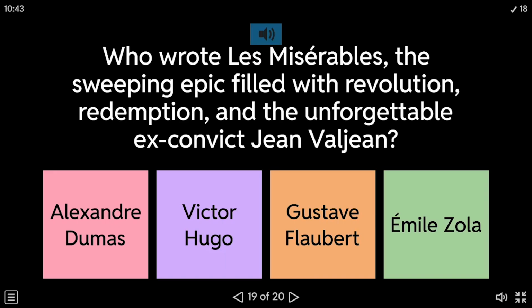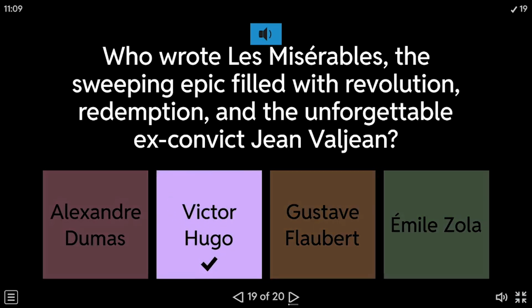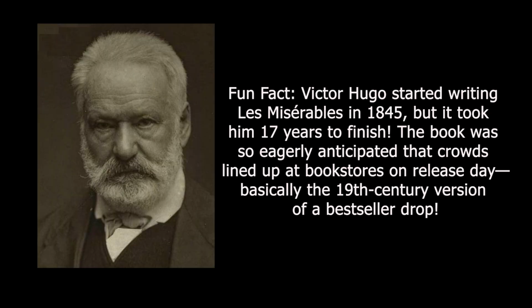Who wrote Les Miserables, the sweeping epic filled with revolution, redemption, and the unforgettable ex-convict Jean Valjean? Alexandre Dumas, Victor Hugo, Gustave Flaubert, Émile Zola. The correct answer is Victor Hugo. Fun fact, Victor Hugo started writing Les Miserables in 1845, but it took him 17 years to finish. The book was so eagerly anticipated that crowds lined up at bookstores on release day, basically the 19th century version